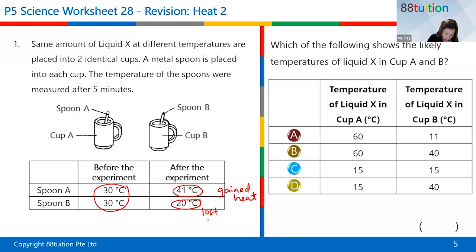It has lost heat. So if it has lost heat, what do you think is the liquid temperature inside cup B? Heat always flows from a hotter place to a colder place. Agree? Heat always flows from a hotter place to a colder place. So if let's say you started off with the spoon at 30 degrees, the liquid must be very cold, isn't it? The liquid must be very cold such that the heat energy will flow